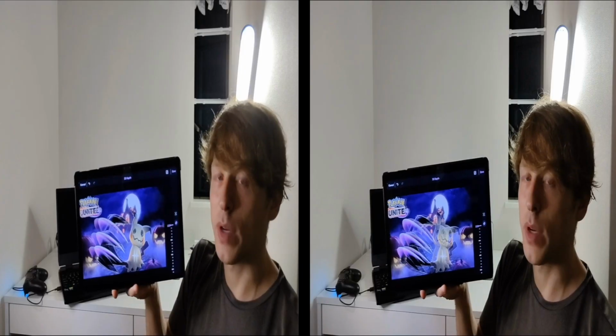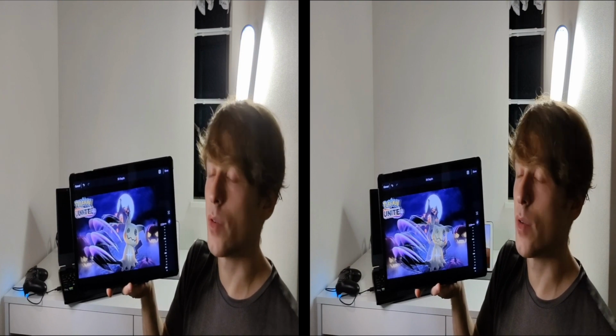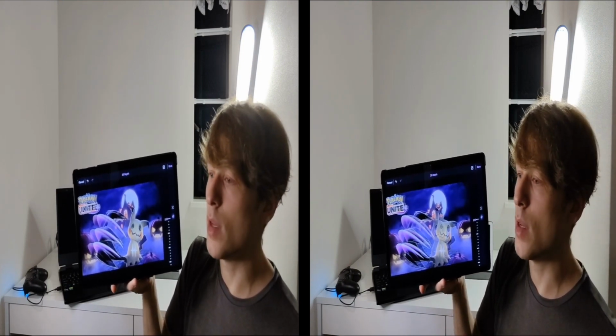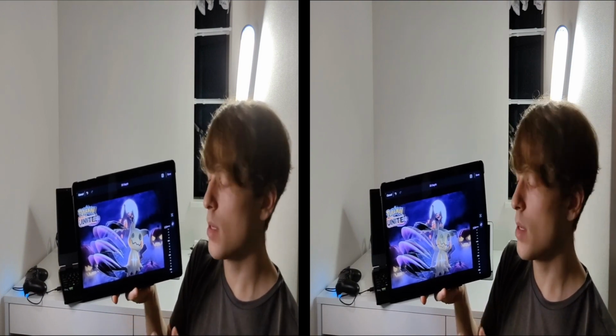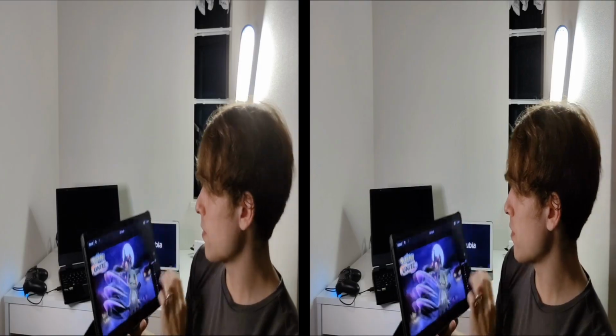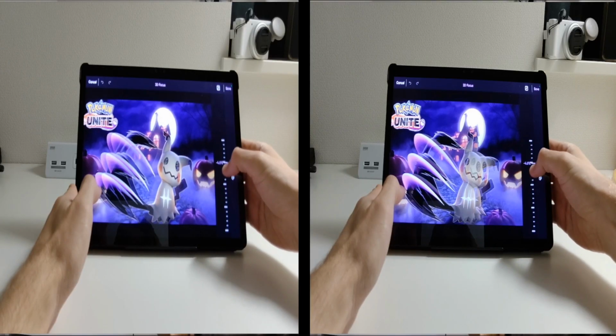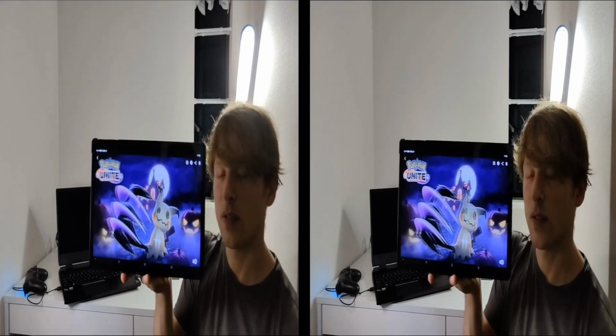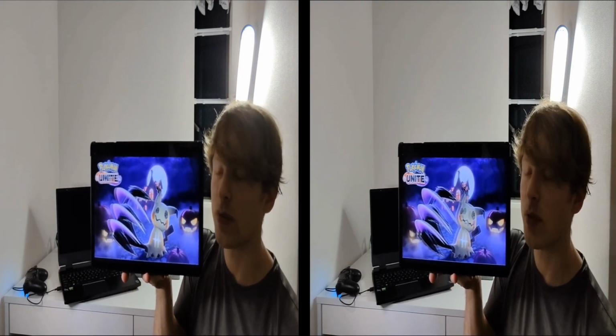Not just this type of image, but actual photos taken on your iPhone or your Android phone. You can do the same thing, because as long as they don't start out in 3D, you can bring them onto your tablet, push this button, convert them to 3D, and then make these adjustments. I'm going to adjust the focus so it actually looks clean. And I'd say this is a good level, so I'm going to save the image, overwrite existing, and this is the final result. So it turns out really, really good.